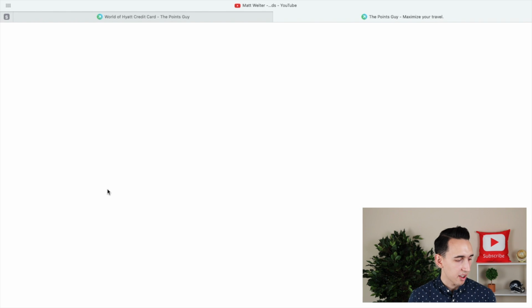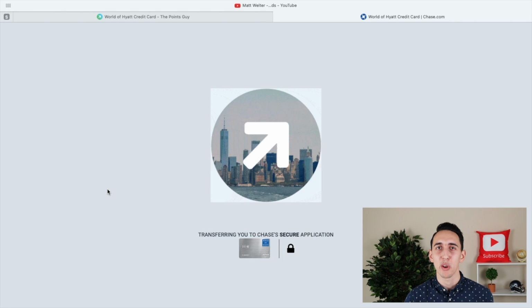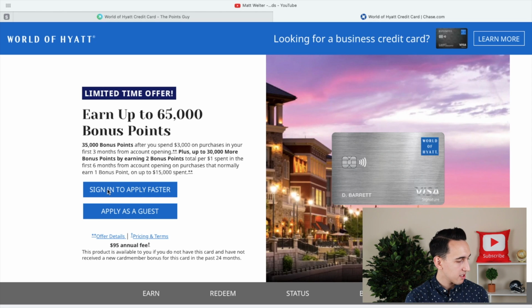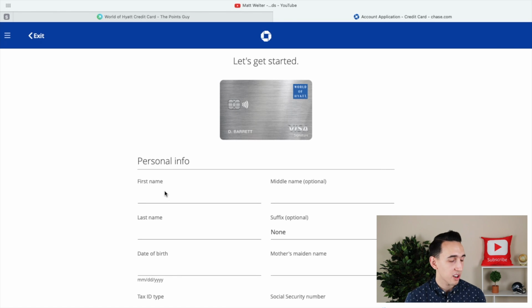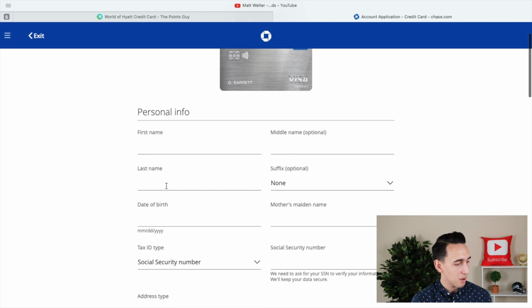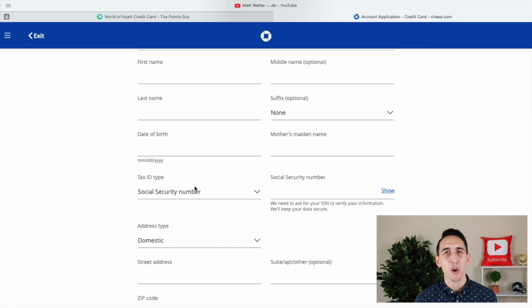Okay, so it's going to take us to the Chase website. Then we'll go through that application and I'll walk you through those steps. Okay, so limited time offer. For the sake of this application, we'll do apply as a guest and I'll fill that information. Okay, so let's get started. So basically the first part of this application is going to be your personal information. As you see here, it's going to be your first name, last name, obviously important personal information like your date of birth, social security, all that type of stuff. So I'm going to fill that out and come back to you,